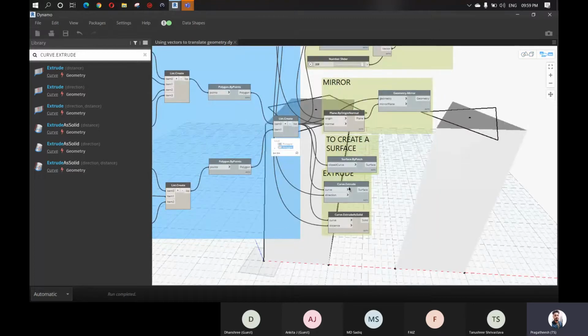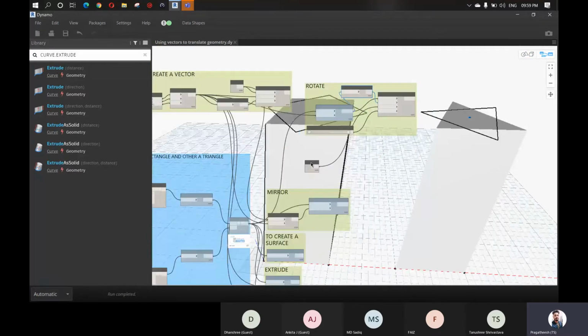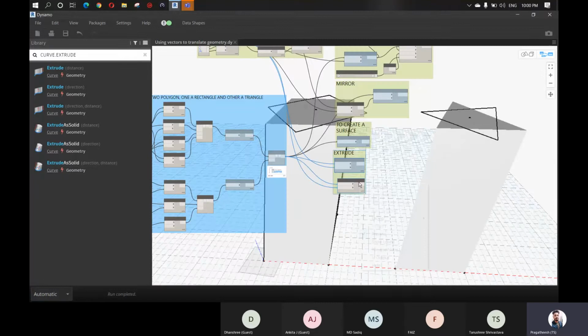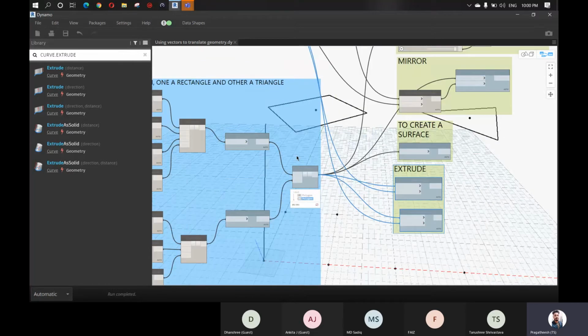I'm just creating these groups for your understanding only, so that when you practice, you will not get confused about all these nodes. I'll just turn off this also for now. So now we can just turn on this one. We just turned off the preview, right? So now it's a good time to turn it on.